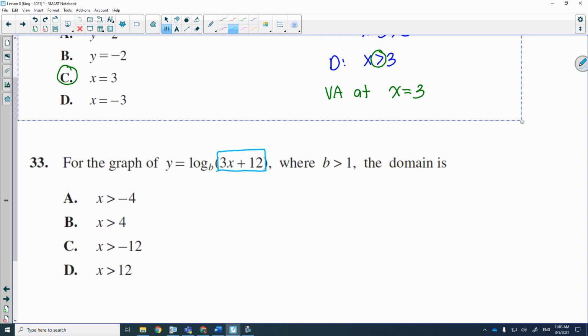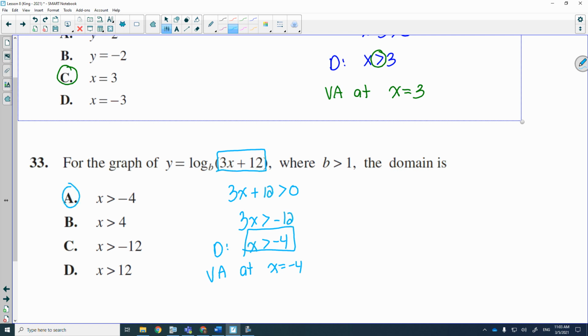The argument must always be greater than 0. So 3x plus 12 must be greater than 0. 3x is greater than negative 12. X is greater than negative 4. That is the domain. If I said, what's the VA? Dane, what's the VA of this graph? X is equal to negative 4. But they were asking about the domain, so that was the answer, which is